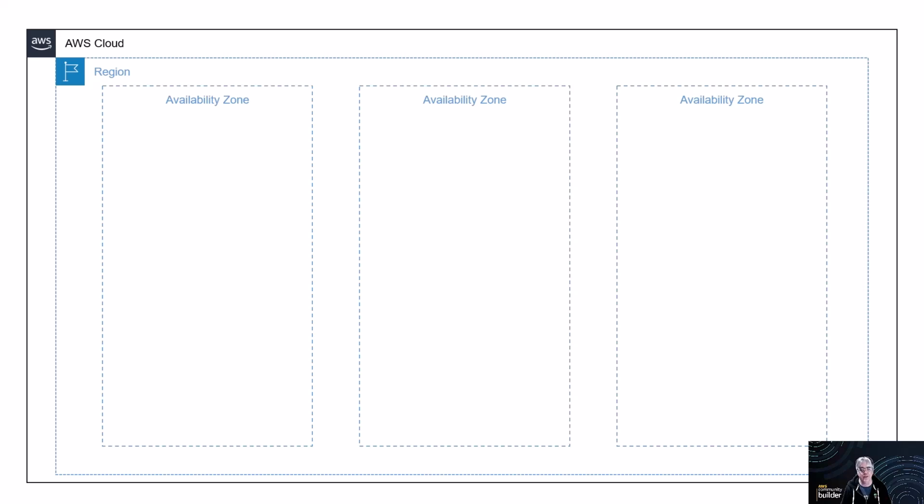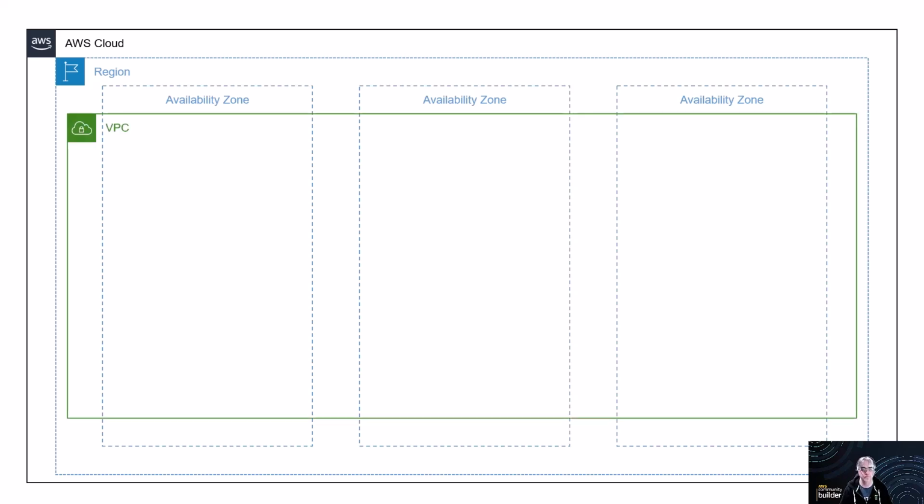Given this, we want to design a network topography that will span multiple AZs. This gives us the ability to spread our application wide and maintain high availability. As you can see here, we're going to create a VPC that exists in a single region, because VPCs can only exist in a single region. However, it's going to span 3 availability zones. I always recommend 3 availability zones when you're setting up your network. You can go more. That's perfectly fine if your high availability needs require it. However, I would always recommend at least 3 availability zones. Why is that? Well,